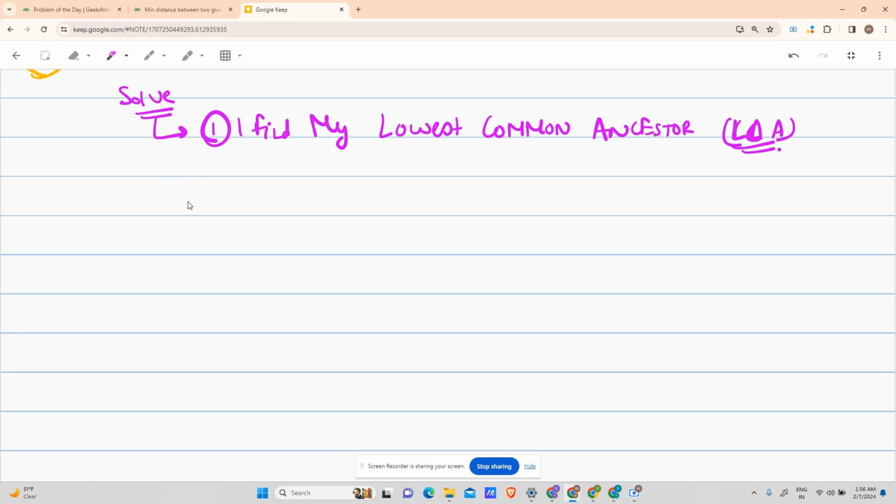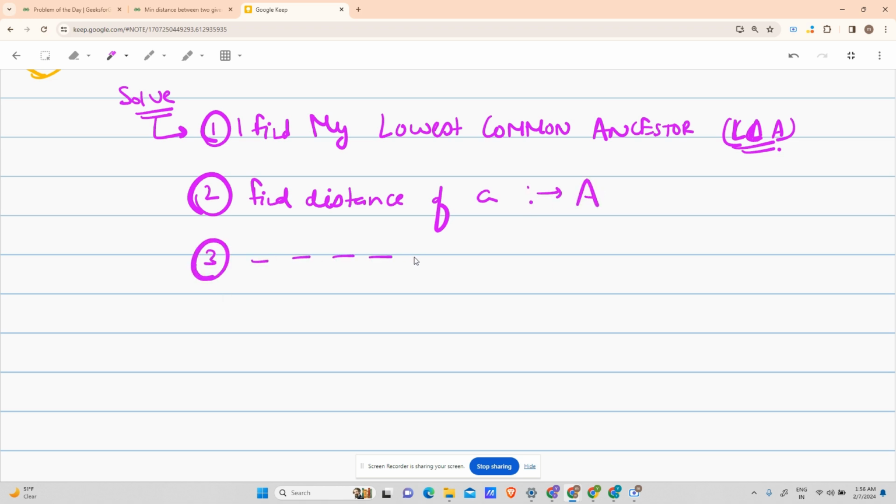Sorry for my C here. Second, find distance of A. A is an integer value, right? Name it as A. Third, find distance of B. Name it as B. Fourth, find distance of LCA. Name it as C. And return,